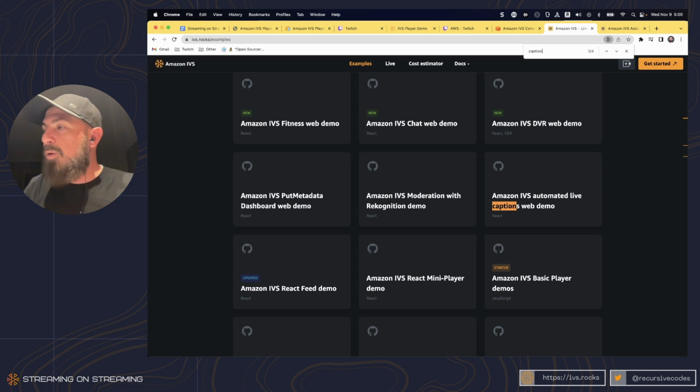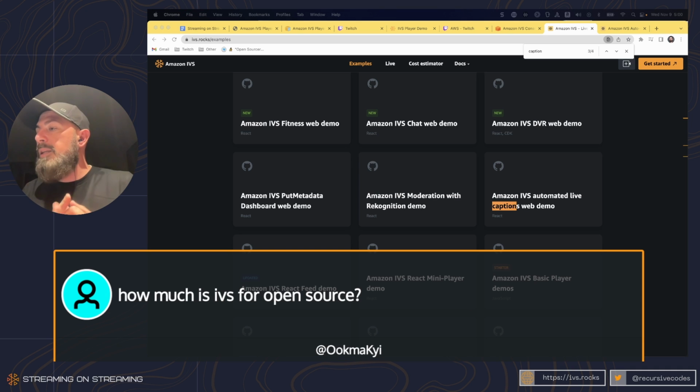And one question, how much is IVS for open source? As you see in Larizon Shine's comment, there is a detail on pricing. There is a free tier. I believe it's 5 input hours a month and 100 output hours a month and a little more than that. So there is a free tier. You can also check